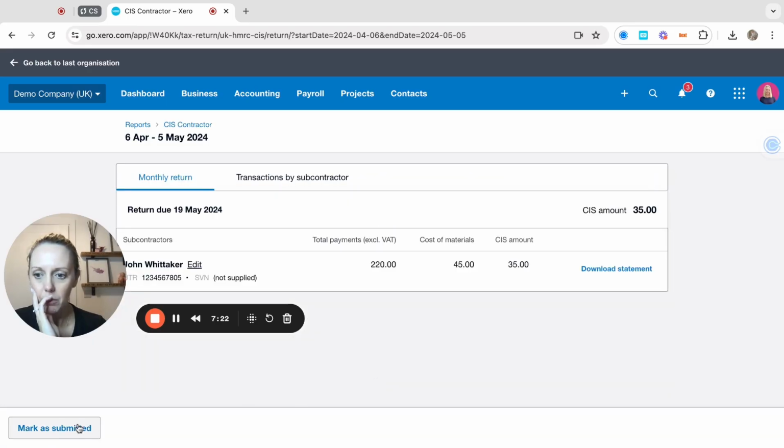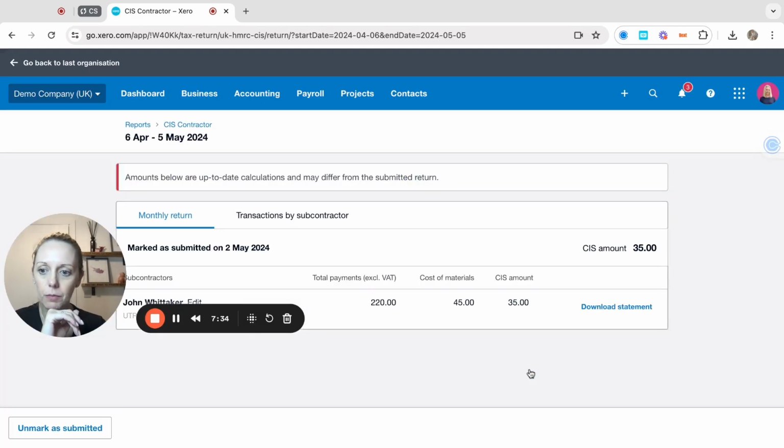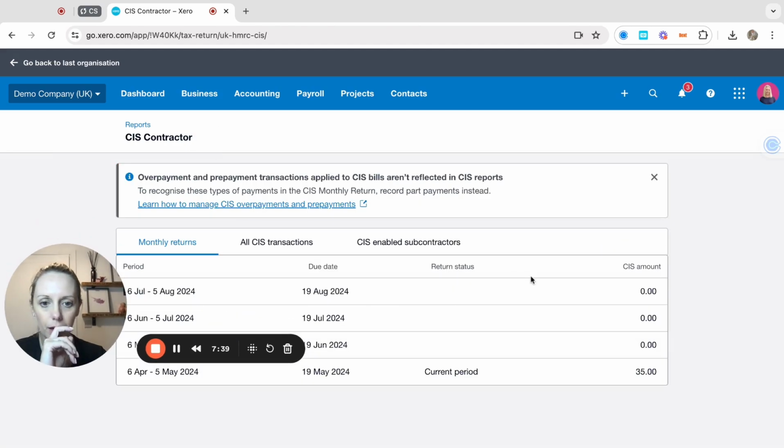You can also look at these if you want to. So yeah, you'd mark that as submitted. It's a little bit early, as you would do it after the 5th of the month, and we're on the 2nd of the month as I'm recording this. But you get the idea of how it works. So that now is marked as submitted, and as you can see here, it will then update this to say submitted. Because it is still the current period, it's not going to do it, but it would normally say submitted. So that's what you need to do